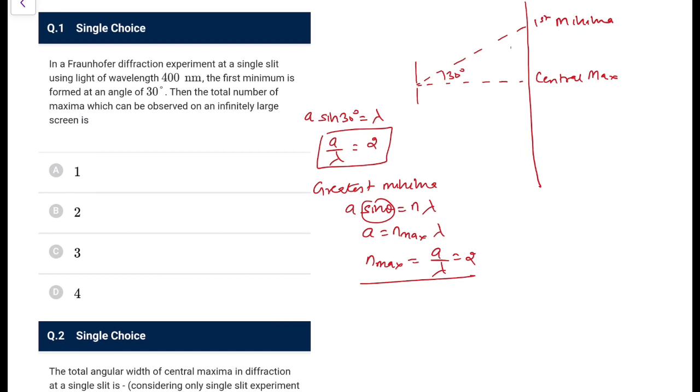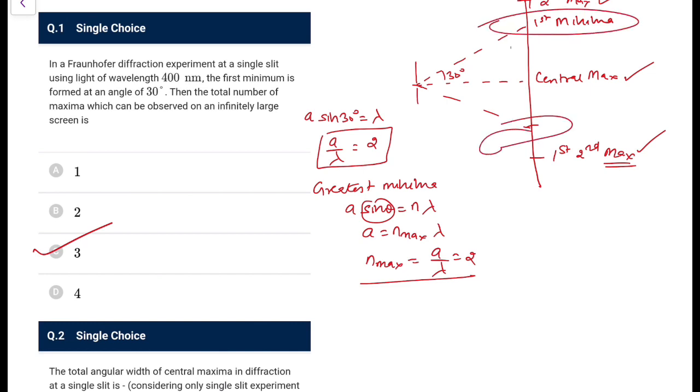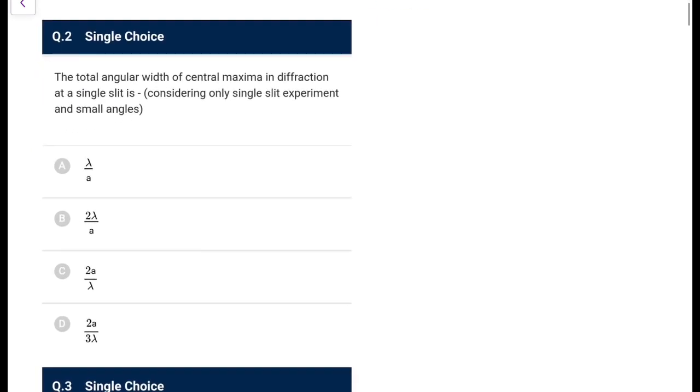So it means the 1.5 will also be possible. So we will get the first secondary maxima here, and also we can have this 30 degree minima here, and here also the first secondary maxima. We won't get the next secondary maxima because that would be 2.5, a sin theta must be equal to 2.5 lambda, which is not possible. So what we will have is 2 secondary maxima and 1 central maxima, so the number of maxima will be 3. And if the question asks for number of minima, then we will only write 1 and 1, 2, not 4, because at 90 degree the rays will go like this, so won't be counted in that particular situation.